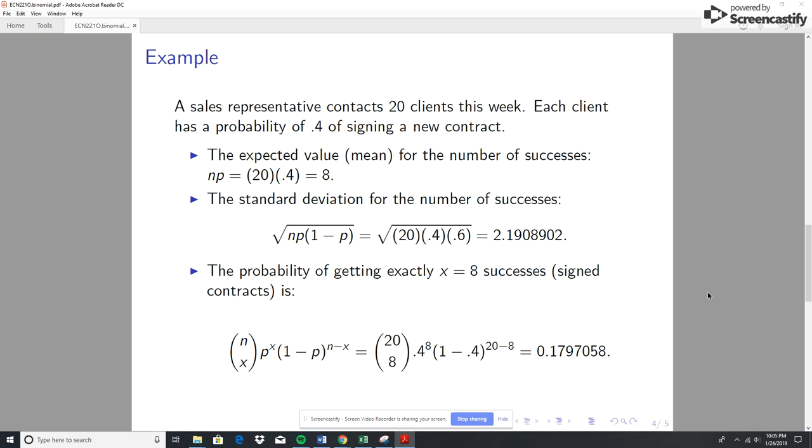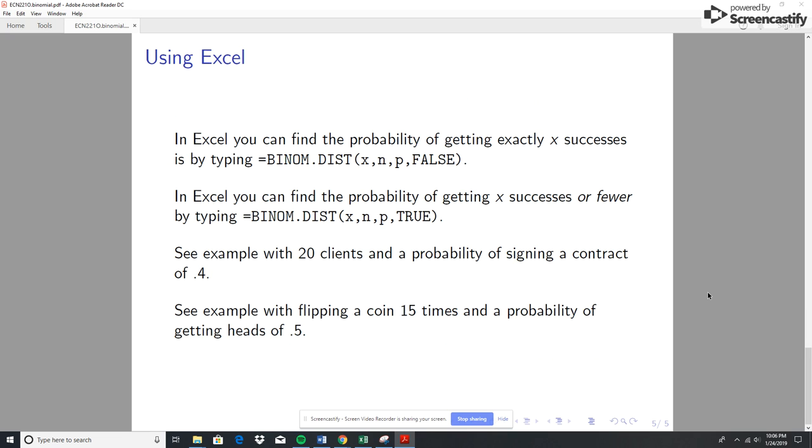And then the probability of getting exactly 8 successes, which would be a contract that gets signed, plug into the formula, which again, unlikely to do, but if you want to just practice with it at some point, you can punch that into a calculator, but it would come out to be 0.1797. But also there might be very few cases where you're interested in getting exactly 8 successes, so look at a way to get 8 or fewer, something like that. So again, unlikely to punch this into a calculator or try to really work this out by hand, because in Excel